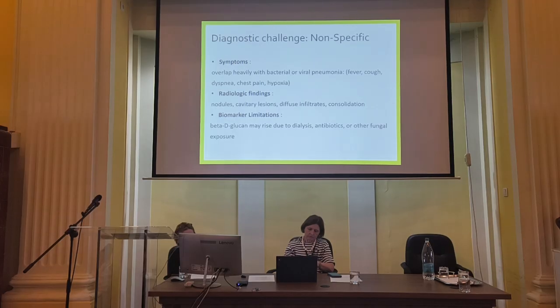Also, biomarkers are another difficulty. For example, beta-D-glucan can be elevated not only because of fungal infections, so we can have false positive results. So all of these factors make diagnosing yeast fungal infection in the lungs very complex and require multiple diagnostic